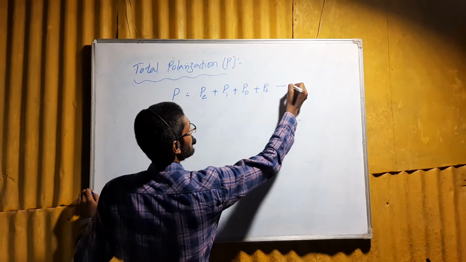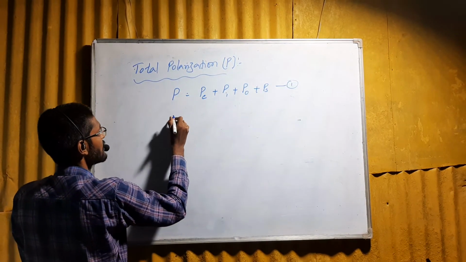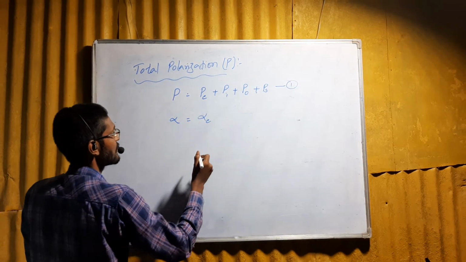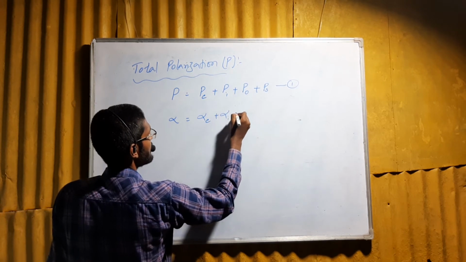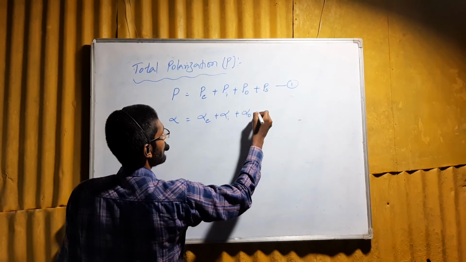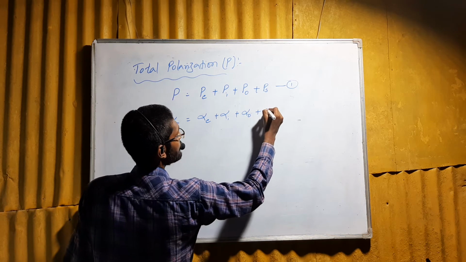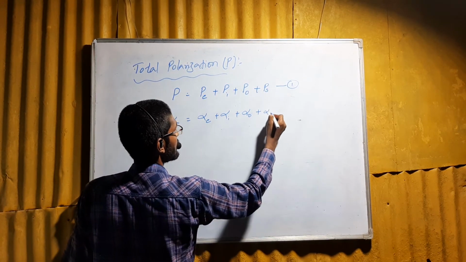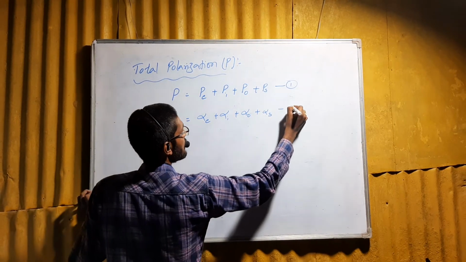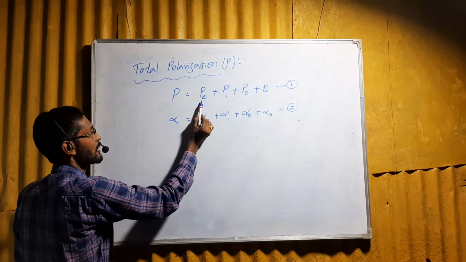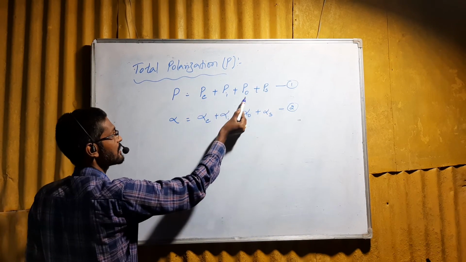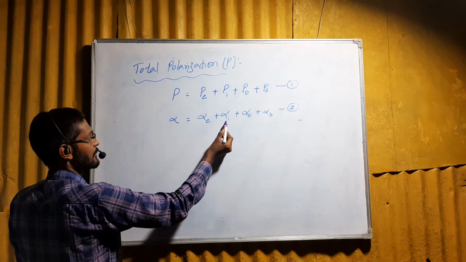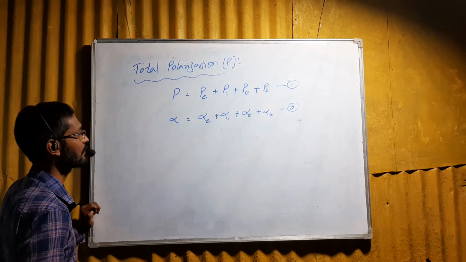The total polarizability can be given as alpha is equal to electronic polarizability plus ionic polarizability plus orientation polarizability plus space charge polarizability. Substituting the values of electronic polarization, ionic polarization, and orientation polarization in equation 1, and electronic polarizability, ionic polarizability, and orientation polarizability in equation 2, we get